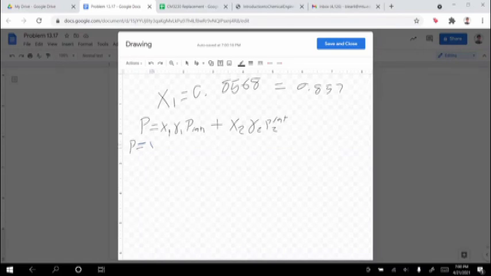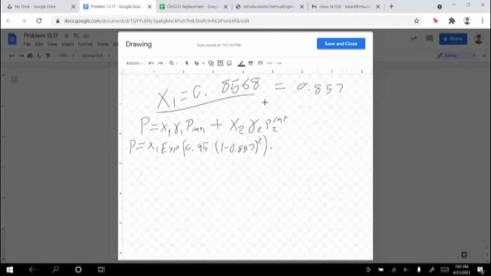I'm just going to write x1 even though we know it here, just to save space. Exponential of 0.95 multiplied by x2, or 1 minus this value right here, which is going to be equal to, I'll just write it out, 1 minus 0.857 squared